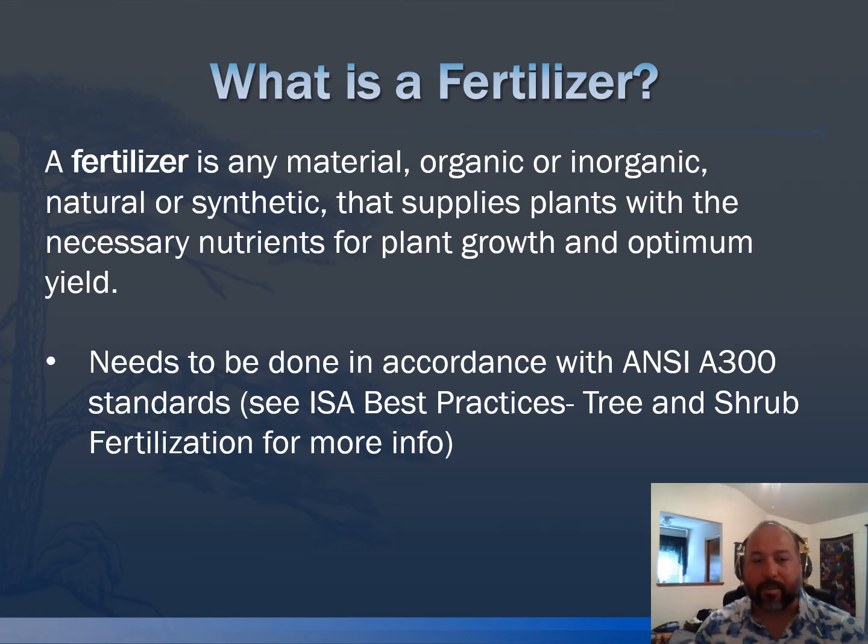And all of that can be helped out by us. We don't necessarily need to be in control of it, but we can make sure that if we see any problems or if we think that we need to help out the environment in any way, we have a way of doing that through fertilization. But the big thing is we really want to do it the proper way. So we're going to do it according to the International Society of Arboriculture, or the ISA best practices for tree and shrub fertilization. So we have a manual that you can look up at any time, and that's going to be